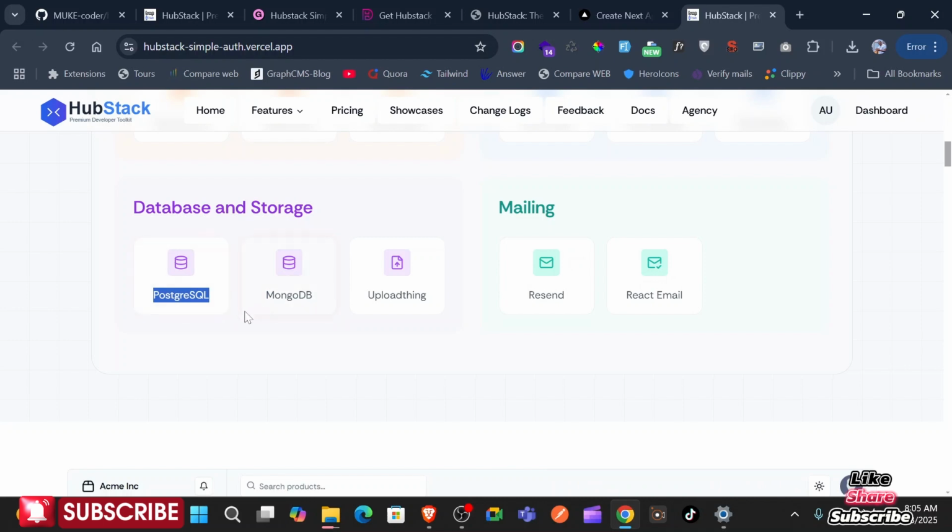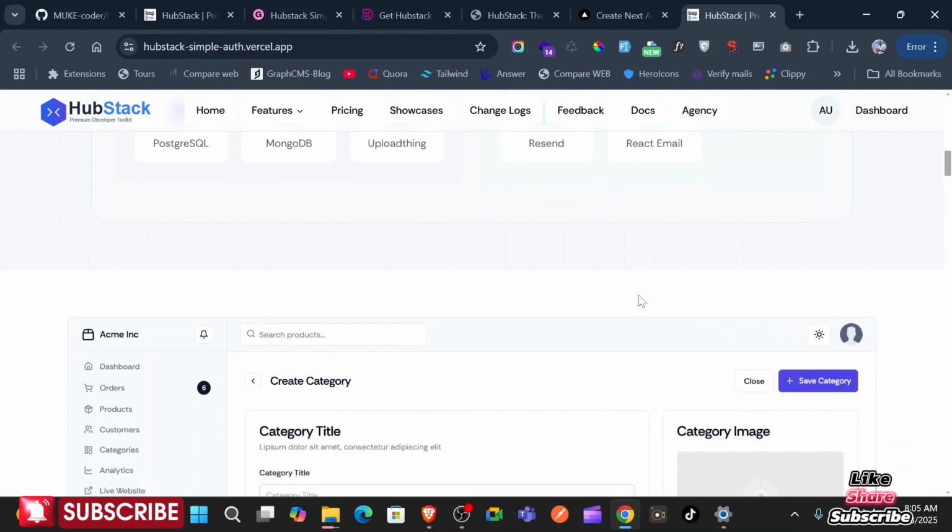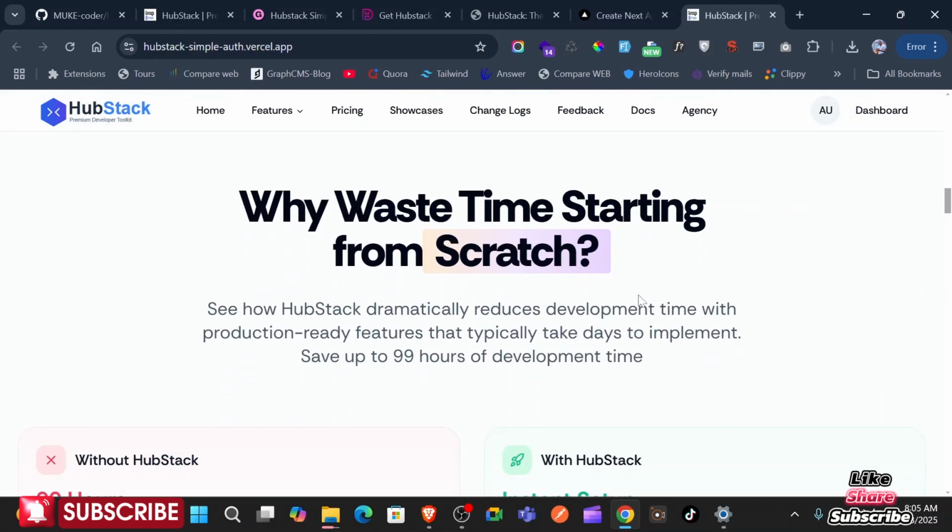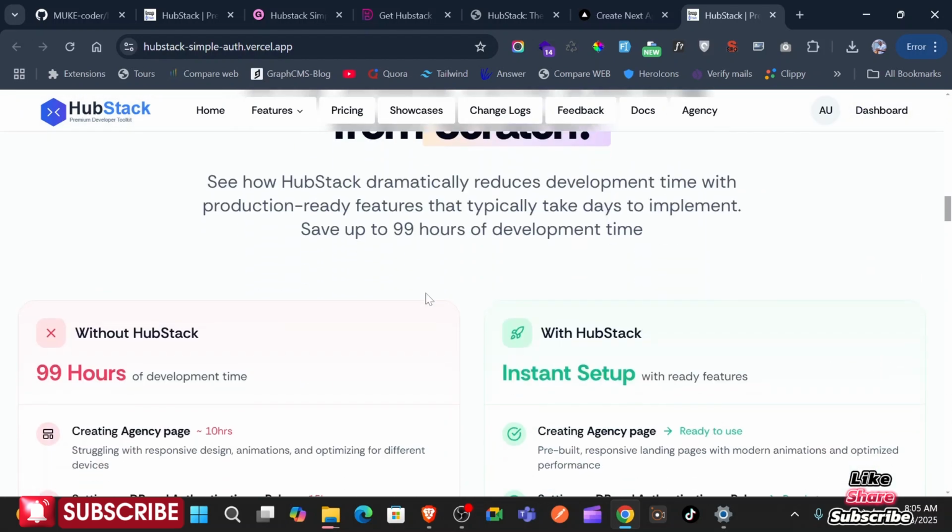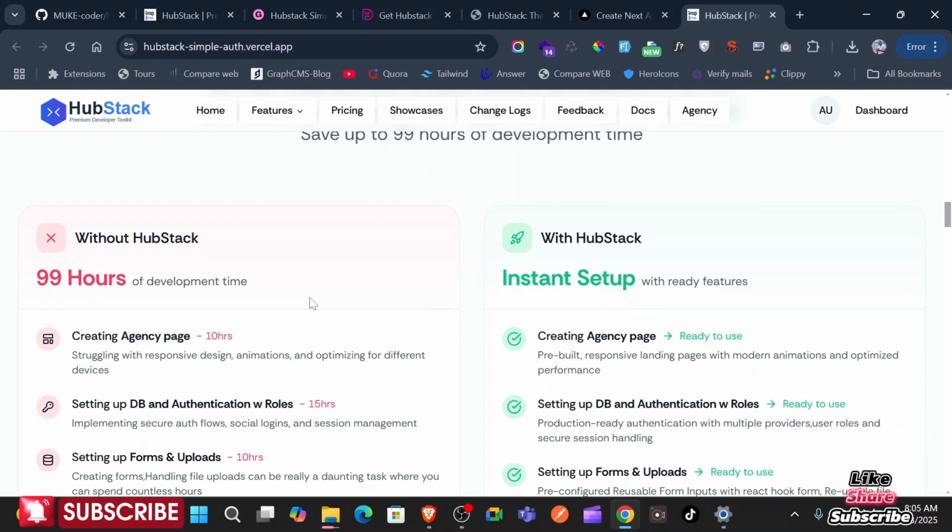And so we have made it a first-class citizen in the starter kit. It comes with Postgres first, and then you can switch to MongoDB if you want. Of course, you have UploadThing, Resend, and React Email, they all come baked in. And then here you put the comparison for the time that you are going to save